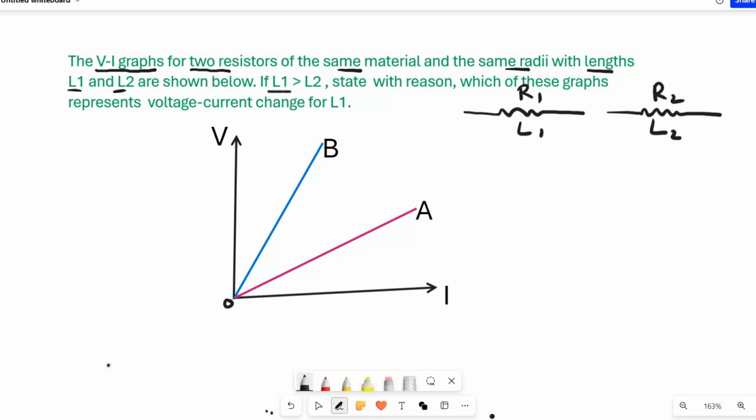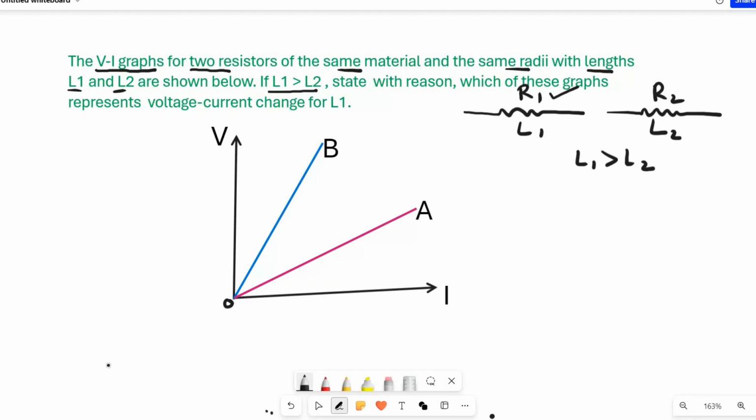So if L1 is greater than L2, that is, if the first conductor's length L1 is greater than L2, we have to state with reason which of the following graphs represents the voltage current change for L1. That means which graph represents the resistance offered by that particular length of the conductor. The graph is between current and voltage, and you know that the slope of the graph